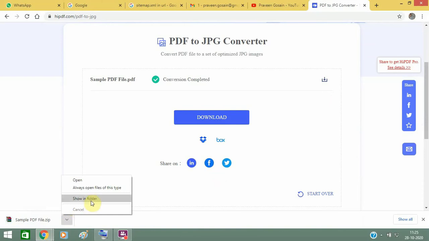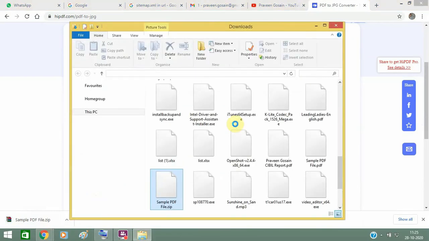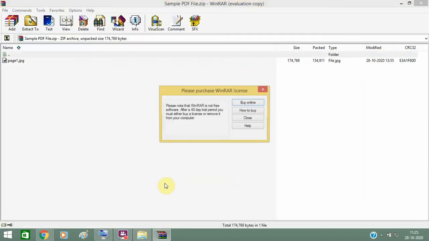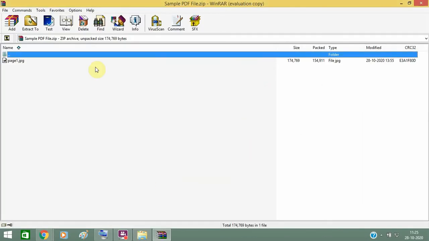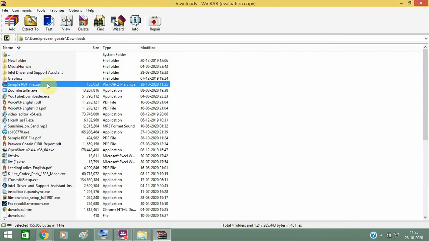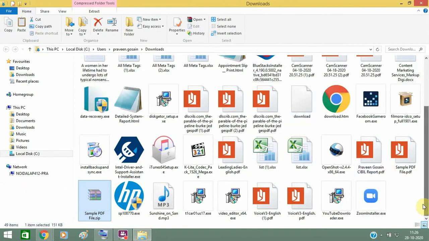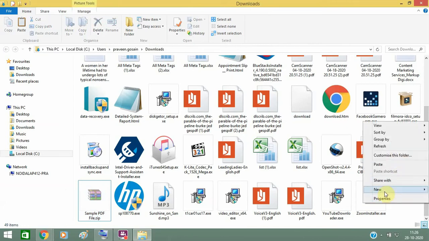Okay, you can just view it. You can unzip it. Let's open it. You can see, you can just copy it, and here you can create a test folder where you can open this file.